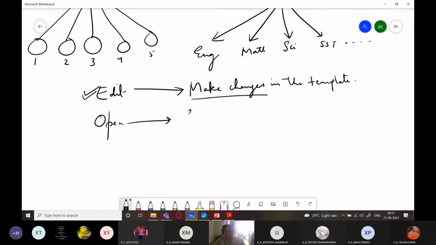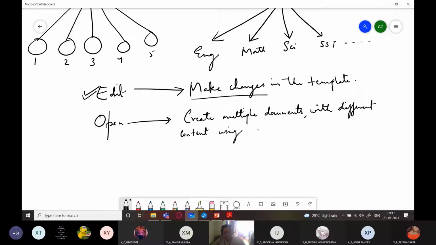Open is used to create multiple documents with different content using one template. Got it? So with open, I can create n number of documents using the same template.